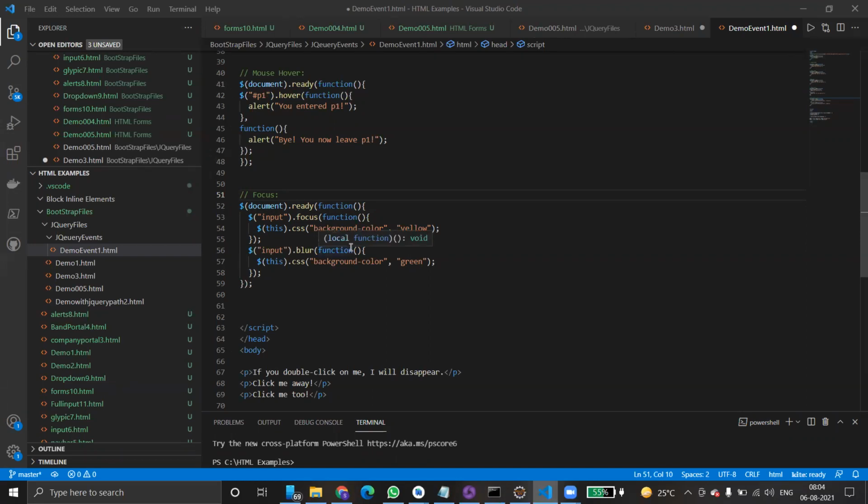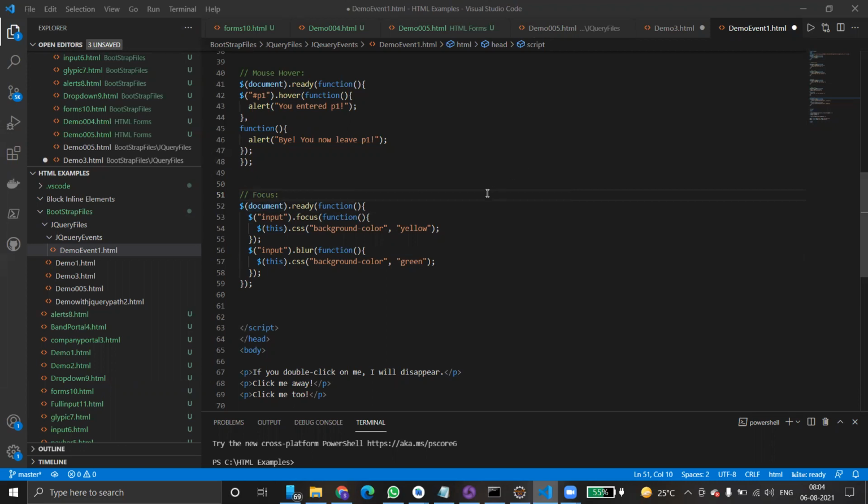Whenever you start using any kind of DOM object element, we simply use a dollar and document. If it has an ID, we use a hash symbol, or if it is a class, then we simply use a dot symbol to identify, I mean, fetch or retrieve the elements at runtime.